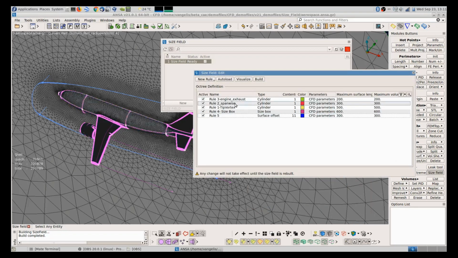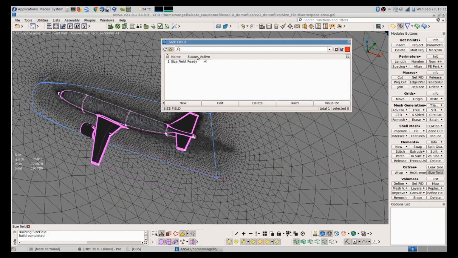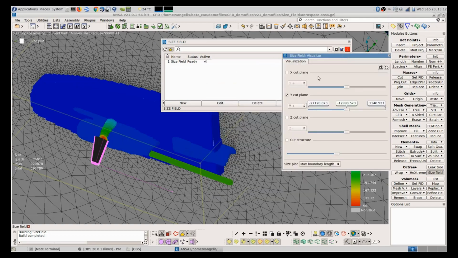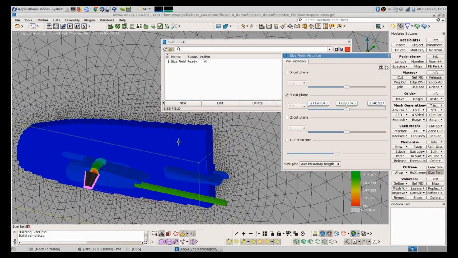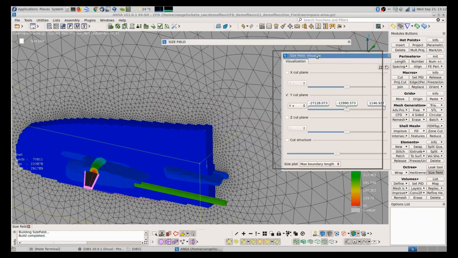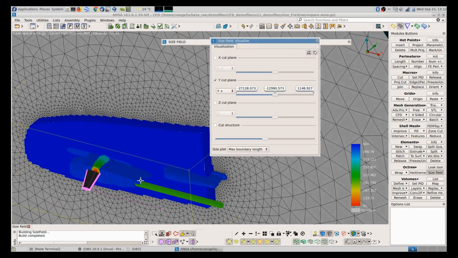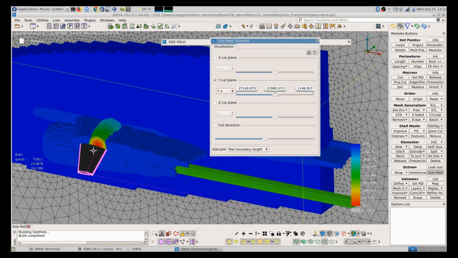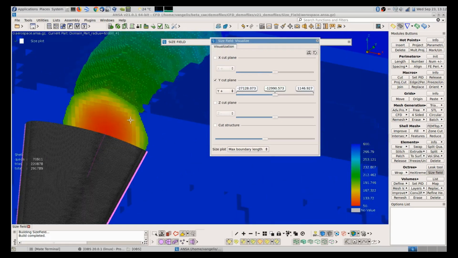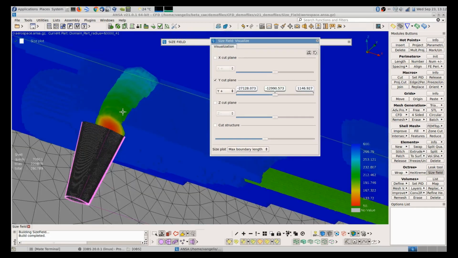So, having specified all these rules, and you can see that the status is ready, which means that I have already pressed build, so all the calculation of the size field has taken place and is stored in the file. I can quickly press visualize, and this will give me an overview of the size field. Again, I can sweep in 3 directions and see how the mesh size will vary, and you can see a radial increase across that cylindrical size field.